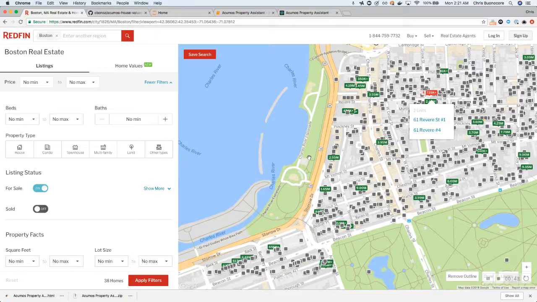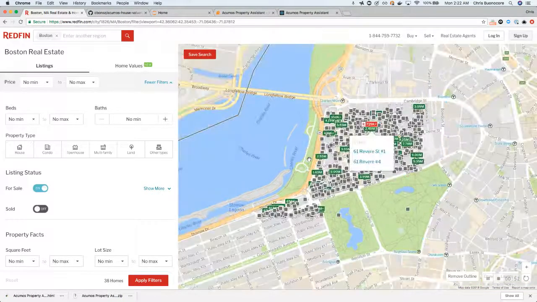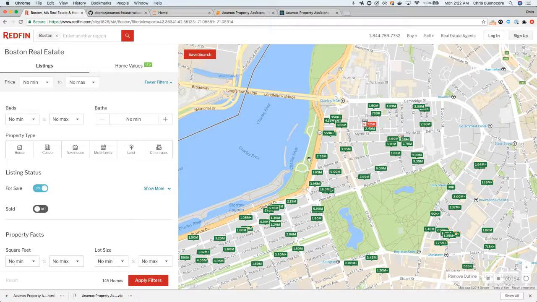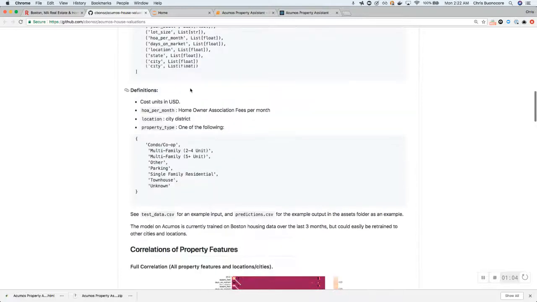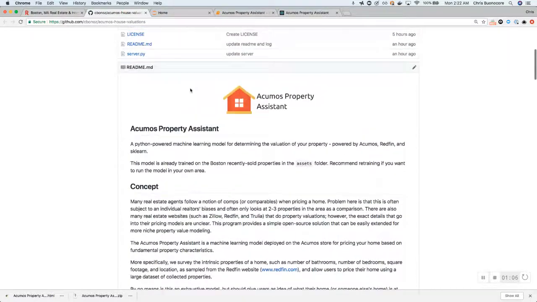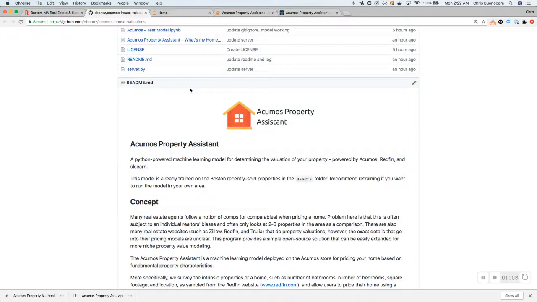So now Redfin, Trulia, and Zillow, so Redfin I'm showing here, have algorithms for pricing homes on the market, but unfortunately these are incredibly hidden and they don't share much of the code or insight around what actually goes into this model. So I set out to solve that by creating an open source Acumos model called the Acumos Property Assistant,